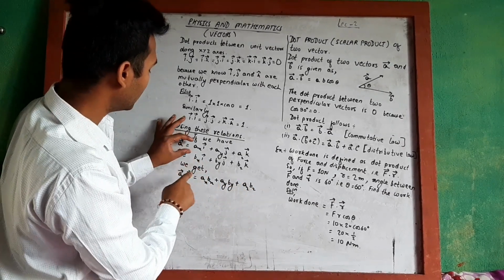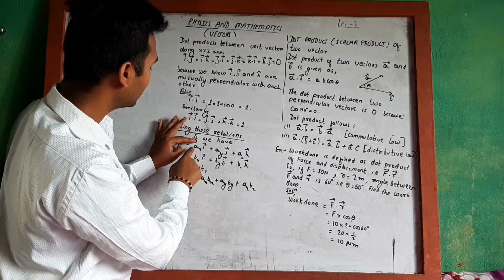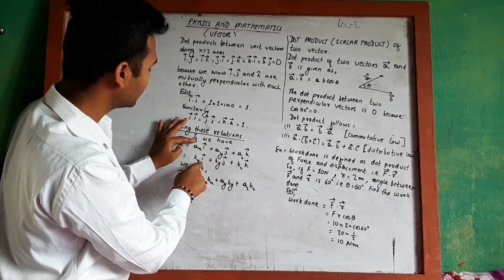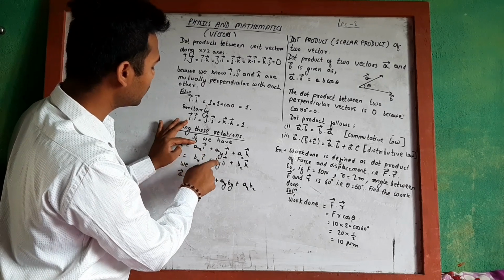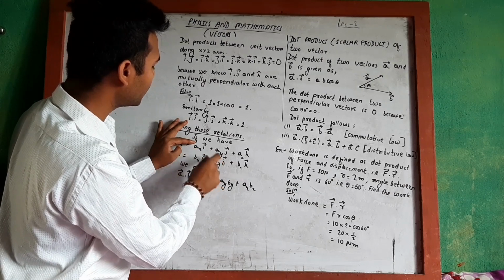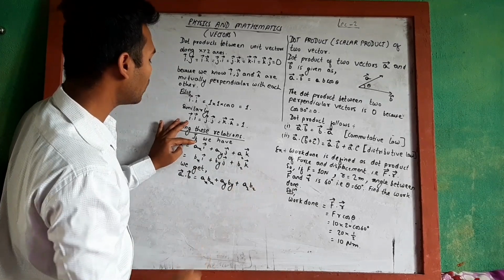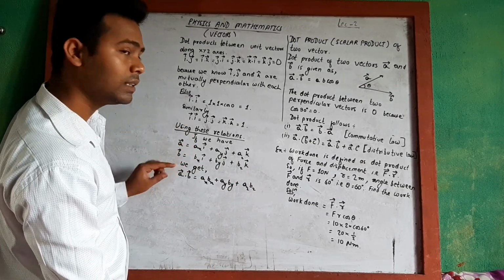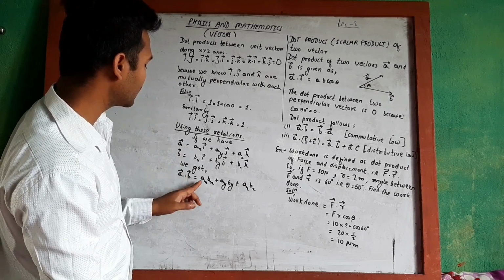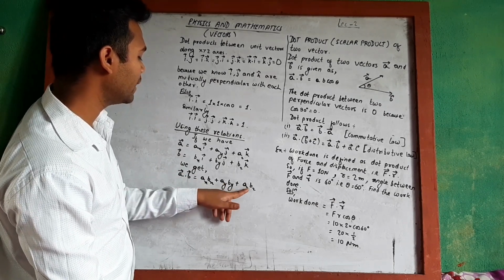Because we can write here ax dot bx i, this will be 1, and for the ax component, if we obtain the dot product with this and this, it will obviously give the resultant 0. That's why we'll get the final result of a vector dot b vector as axbx + ayby + azbz.